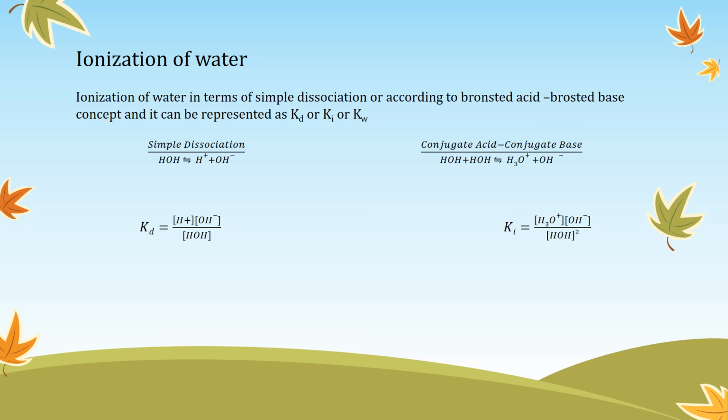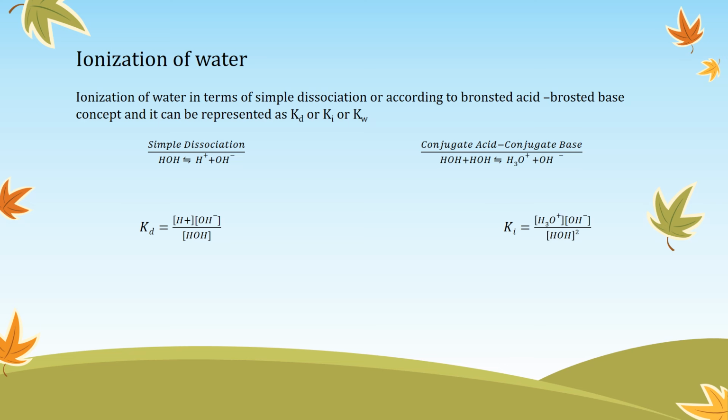So before going to see how the ionization of a weak acid happens in water, or ionization of a weak base happens in water, we will see first how ionization of water itself happens, because the water molecule itself can undergo ionization. The ionization of water you can put in two ways. One is like a simple dissociation. Water, you know, is H2O, so it will dissociate into hydrogen ion and hydroxyl ion. Another is